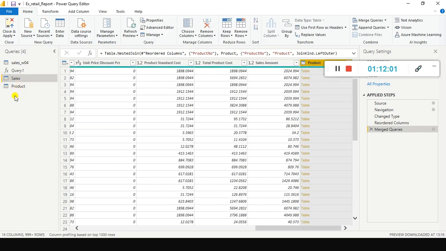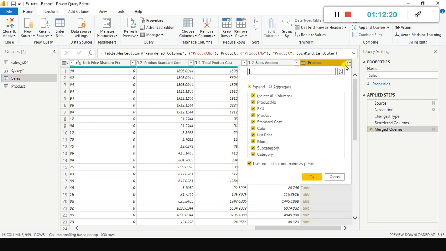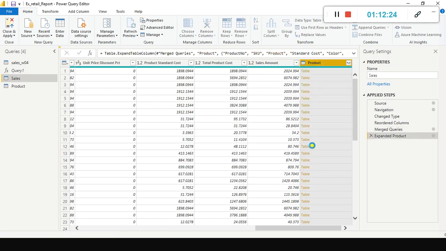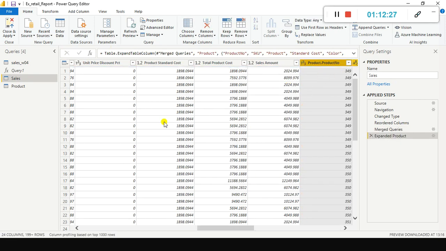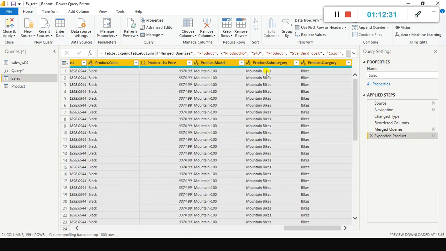Look here on the right side, new thing will get created. Okay, so within this sales table, you can find product, but it is all something like table, right? Don't do anything. You will find some arrow like this. When you select this one, simply you don't do anything, click OK. So the product table related columns will also get expanded here within this thing.